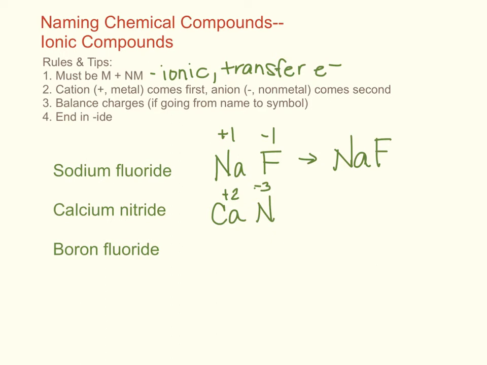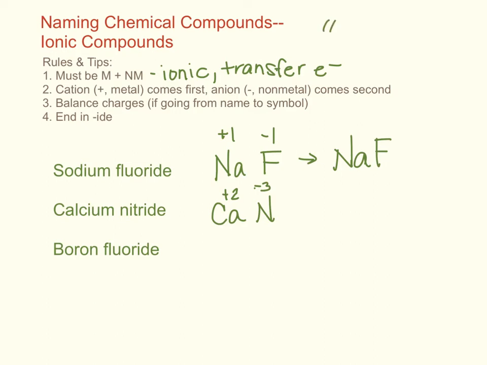So now I'm not balanced. I have a calcium with a +2 and a nitrogen with a -3. So I have to balance these charges, and I can't change the charges. I can only change the quantities of the elements in this molecule. So I can change how many calciums I have, and how many nitrogens I have. And the easiest way to balance this without having to worry about common denominators is to just do my swap